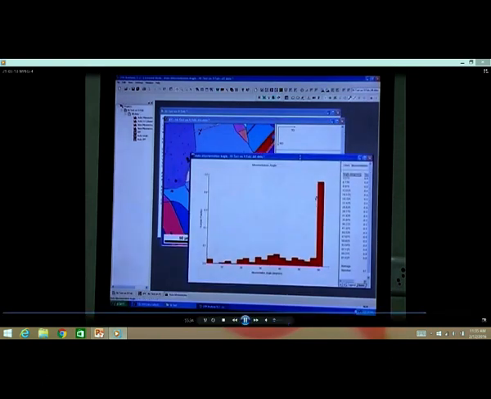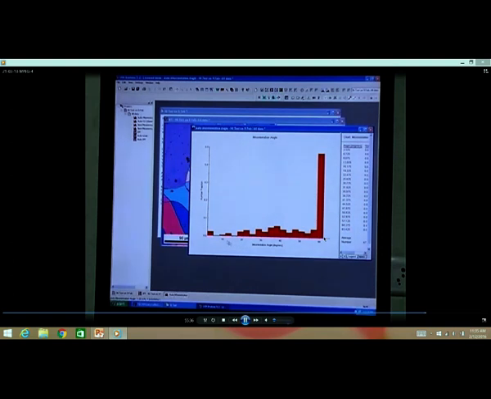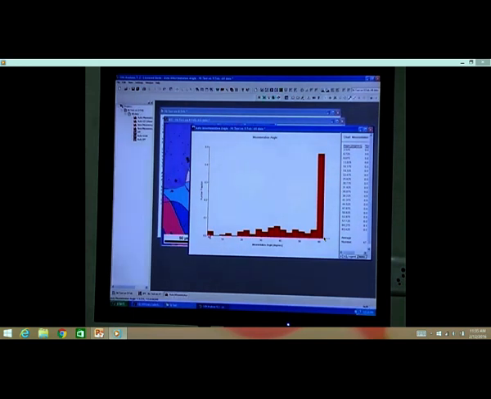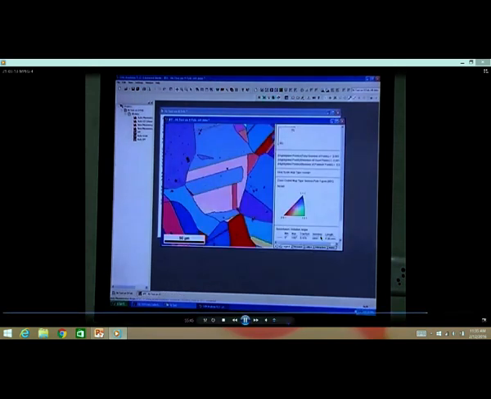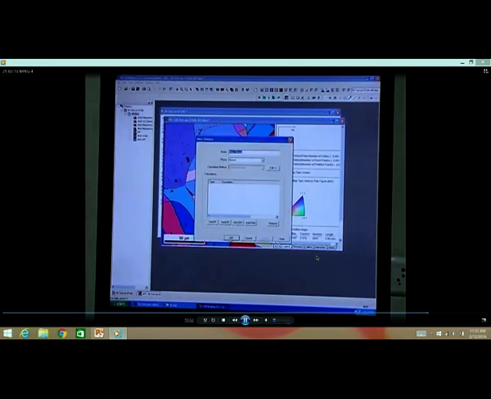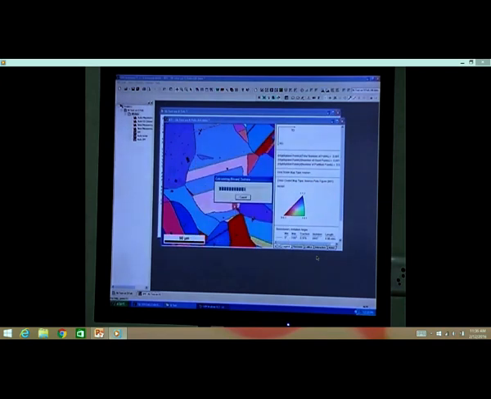The misorientation distribution we can also see from this sample. So, like that, all this very useful quantitative information can be obtained from this technique. And another very important aspect is that you can also look at the surface texture information.